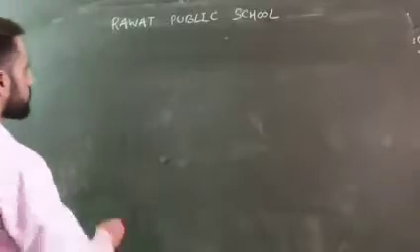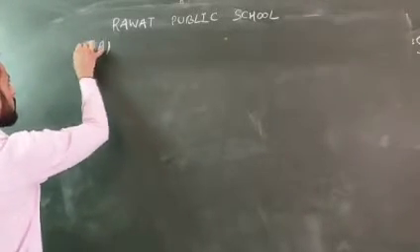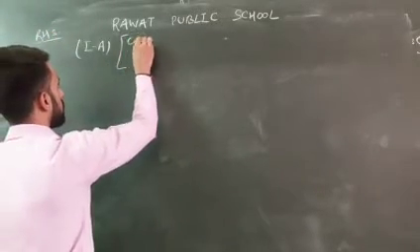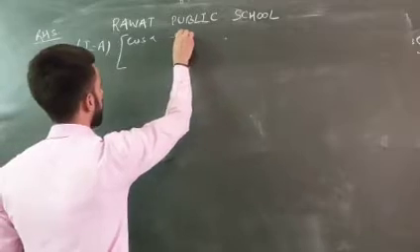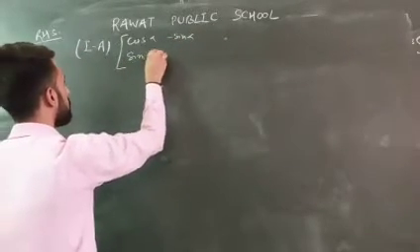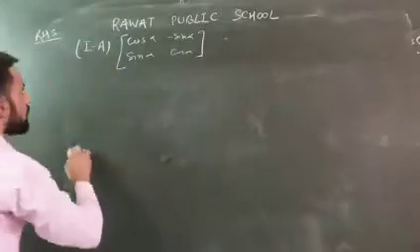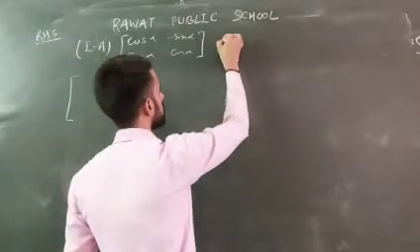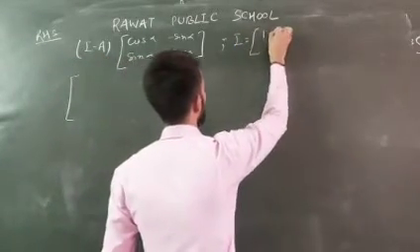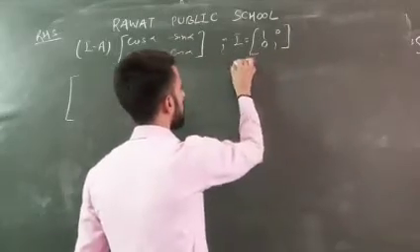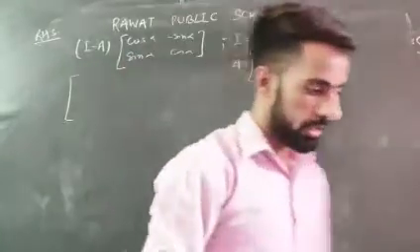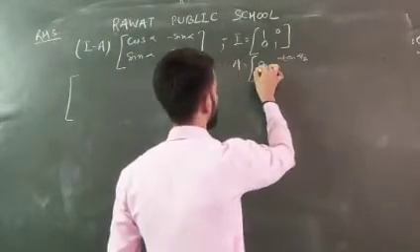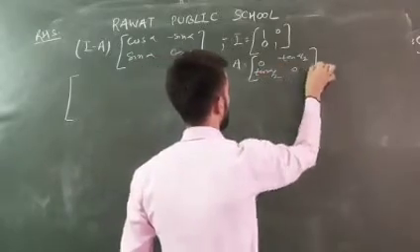Okay, so our RHS is I minus A times cos alpha, minus sin alpha, sin alpha and cos alpha. We are solving the RHS now. I minus A is how much? I is 1 0 0 1 and A is 0, minus tan alpha by 2, tan alpha by 2 and 0.